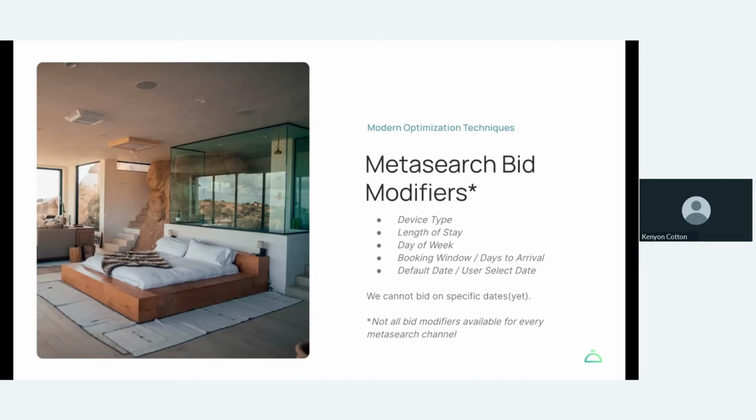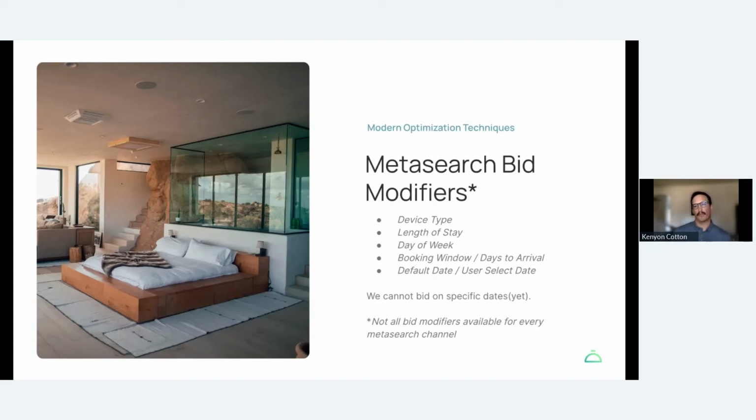Booking window and days to arrival helps you focus on and increase your prominence for a booking window. So let's say you're coming into high season, you're really full. A lot of hoteliers think maybe they should turn off their Metasearch. We actually recommend they increase their bids for 30 days and out. So you can start building a base for that next time period, your next off season by chance, or something like that.